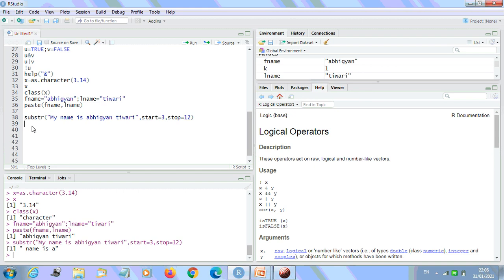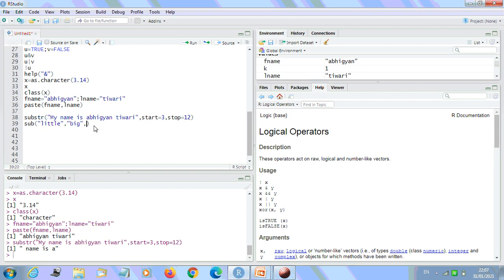Okay, fine. And to replace the first occurrence of a word, suppose we want to replace little by another word big in the string, we apply the sub function. So we have a function named sub. It is used to replace a string by a string. So suppose that I want to replace this in a string. Okay, fine. That is, little. So this is what we want to replace by big, and the string is what?